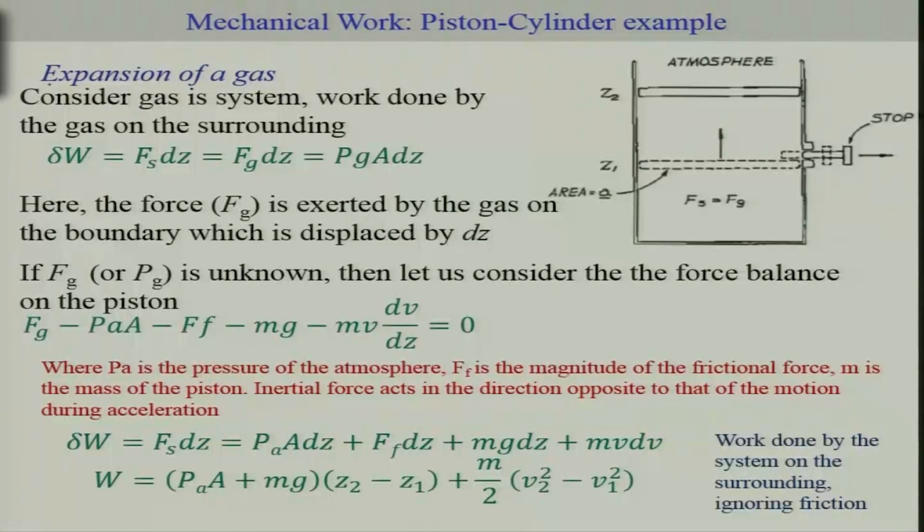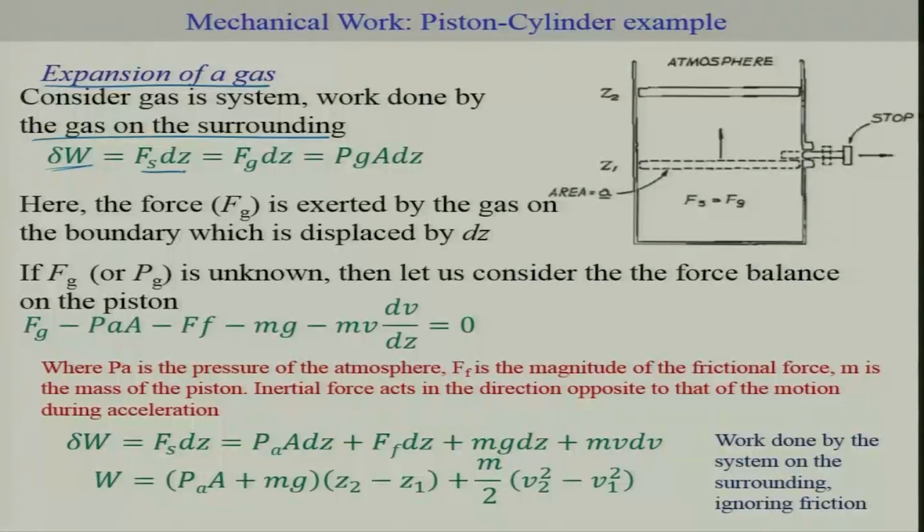So, an example would be the expansion of a gas. Now, this is a rigid cylinder with a piston and a stop here. Consider that the pressure inside the system is higher, so that once you take off the stop, it is going to expand. The work done by the gas on the surroundings will be given by delta W,